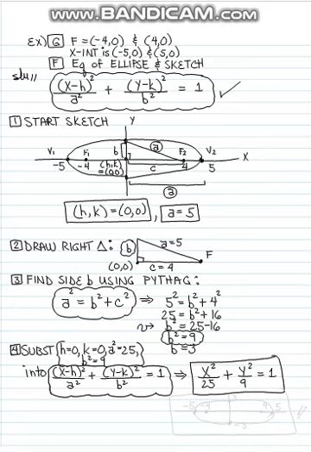And the sketch was the other thing they asked for. We started the sketch. We could do another real quick version of it here. The sketch looks like this, like this. It goes up to 3, because that's the B value, down to 3, that's negative 3. Then it goes out to the right to 5. It goes to the left to negative 5. I'll try to draw better this time. It has a focus at negative 4, another one at positive 4. Let's put these points together to draw